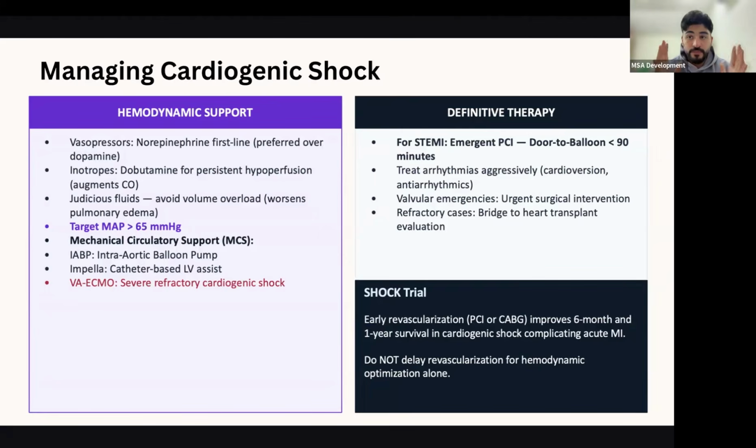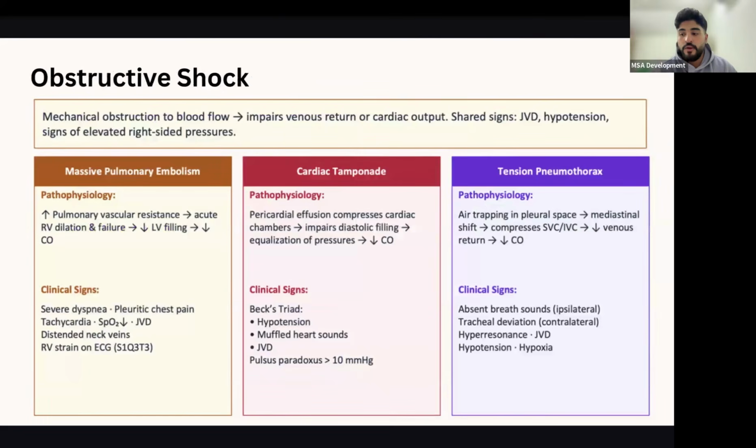So my message from this slide: do not delay revascularization of the heart, because by the minute you're killing more and more cells and more tissue. So it's going to be more severely impacted if you delay treatment. Now, obstructive shock. Obstructive shock is basically you have an obstruction to blood flow. Where exactly? From the venous return or the right ventricular outflow. Usually due to